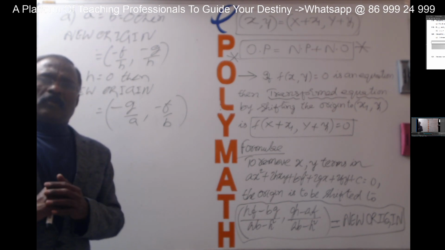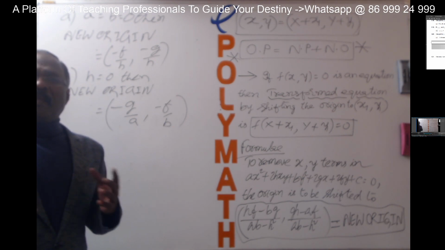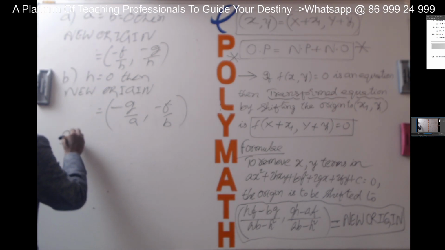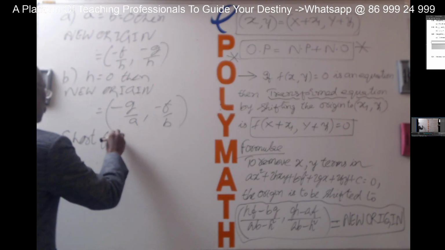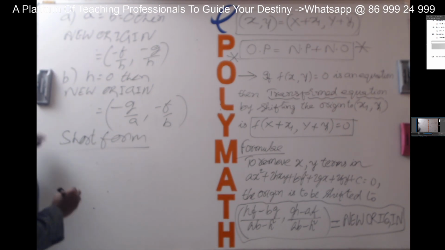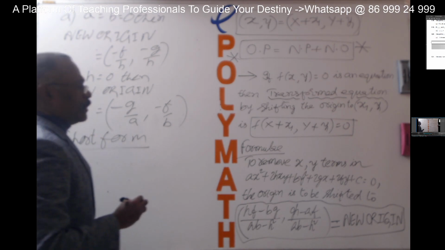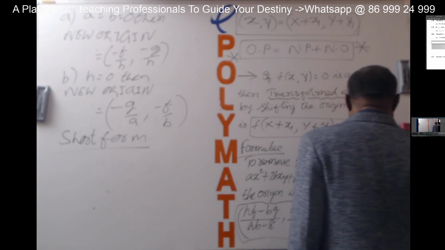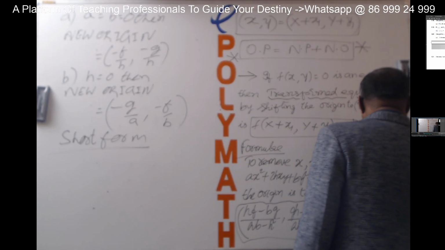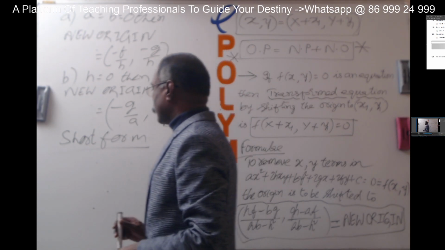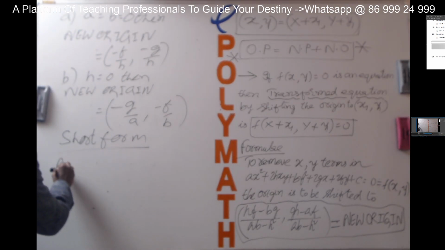So accordingly, according to the problem given, you have to apply this. Now, the short form of doing this, please. Let me take this as f of x comma y, a function of xy. Then the new origin